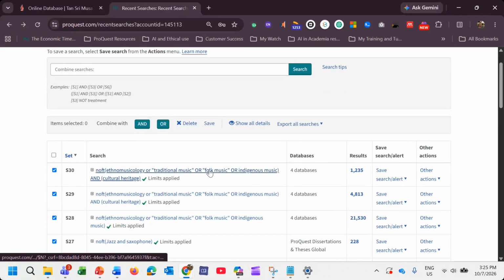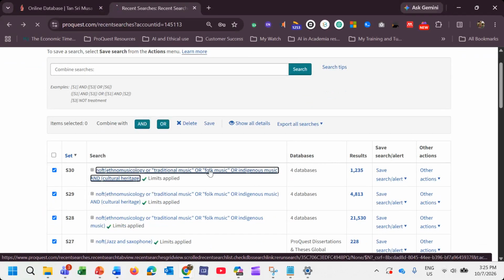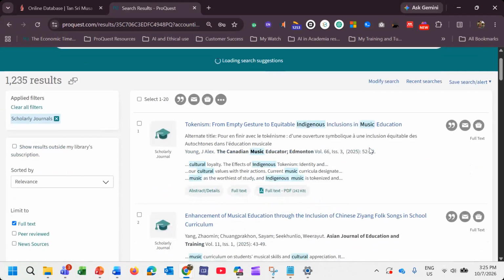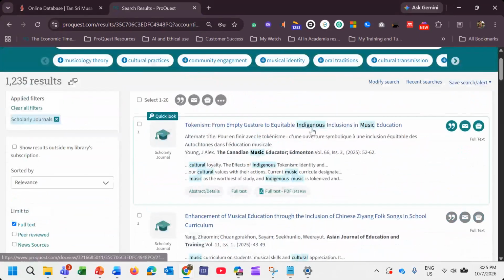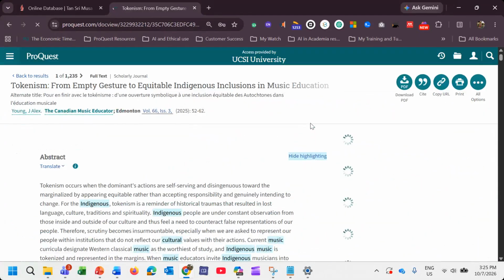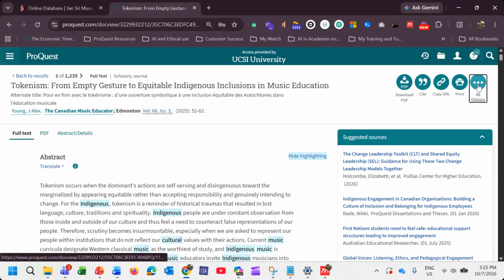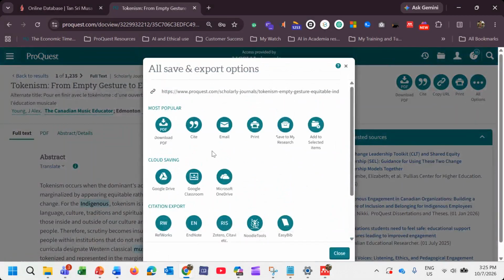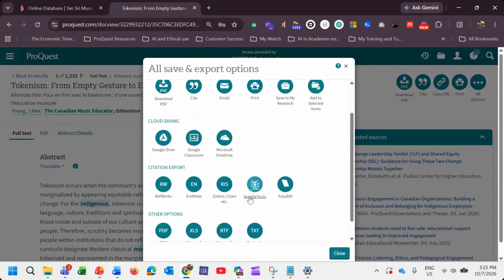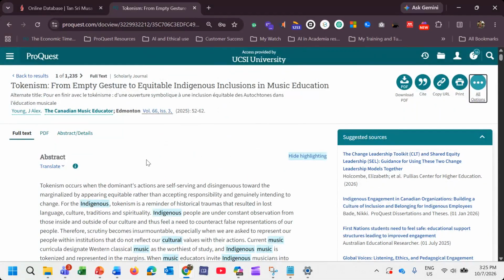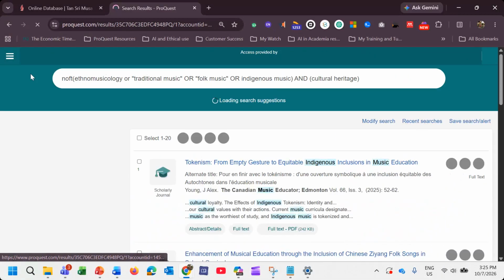Now let's say we go back again, and yes, I still want to run the search. Okay, now run the search. And what I want to do is download this paper, right? Remember, you can either download it from here or from the 3 dots. You have all the options to download, or you can export them to your citation management system, right? Okay. Any questions so far?